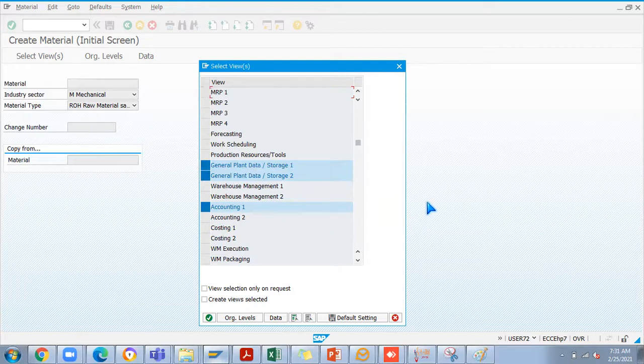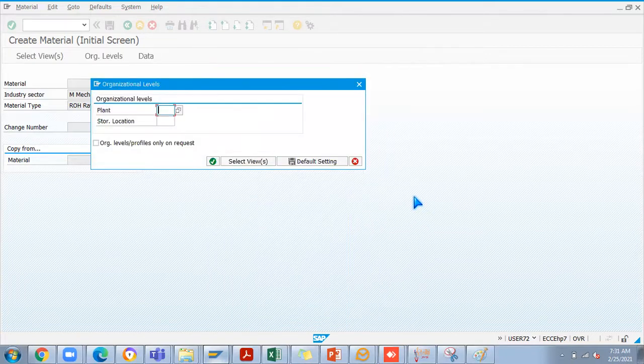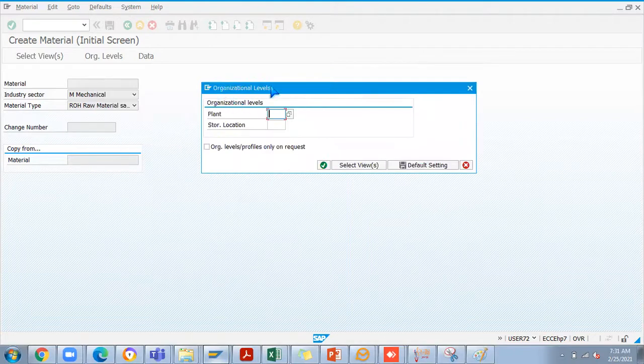After selecting these views, I press enter, then this pop-up will come where you have to add the organization level. A few asked whether it is possible to create this material for different plants at a single time. You can't do this with MM01, but by uploading the material master through a tool called LSMW, you can upload n number of materials at the same time.